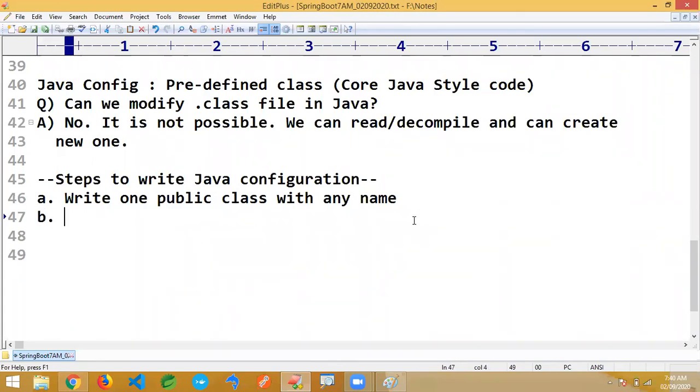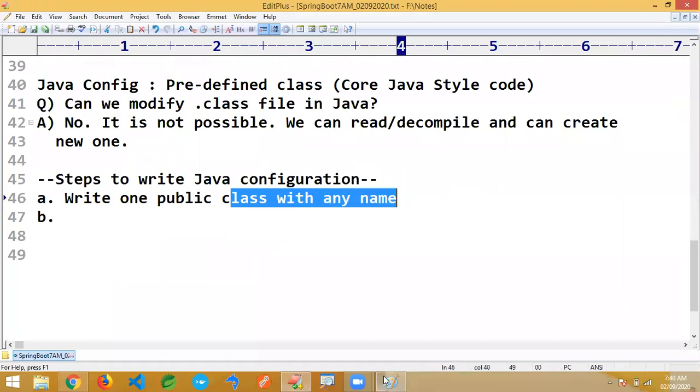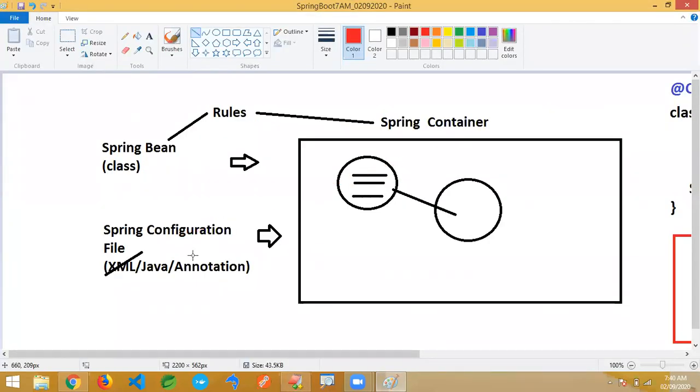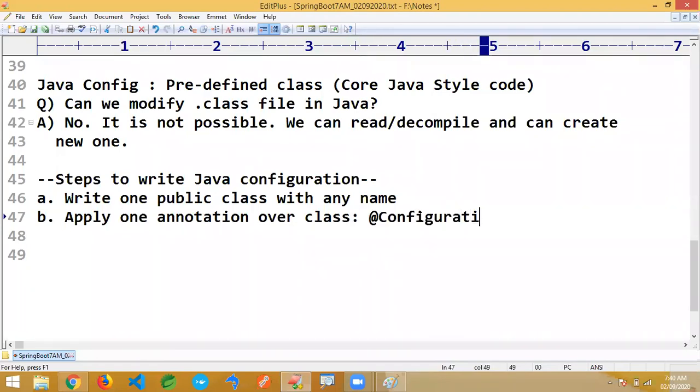Step number 2. If we just write the class, container cannot identify it. We have to tell the container, hey, it's a configuration. Whatever class I wrote here, it's not a normal class, it's a configuration. We apply one annotation over the class, that is @Configuration.